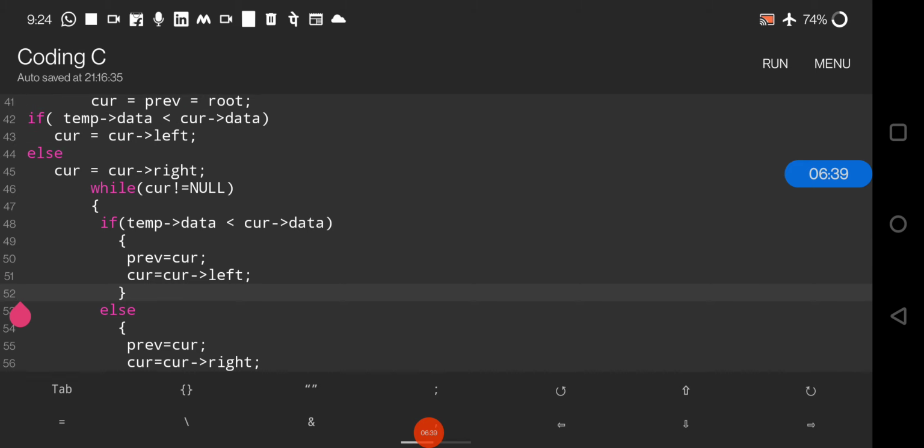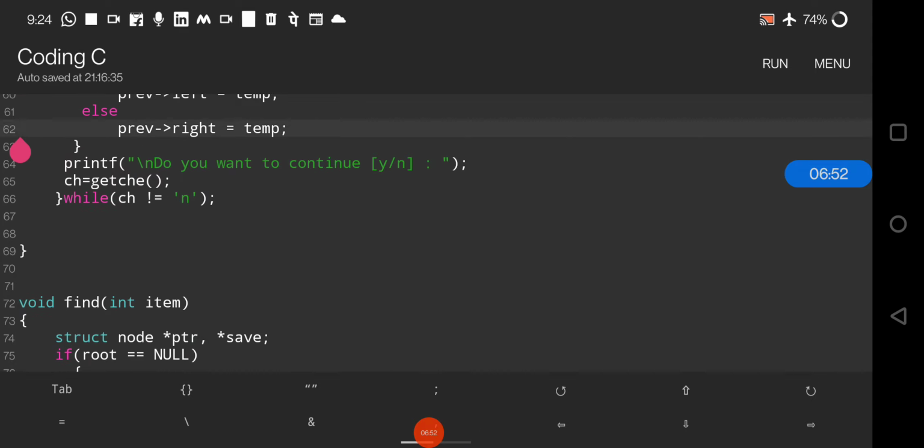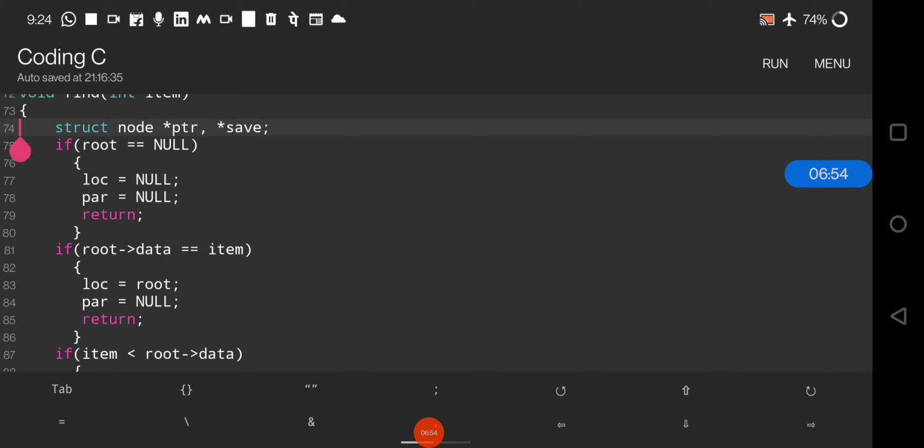There we will be doing the comparison. If the data that is to be entered is greater than the root node, we will be inserting it at the right hand side. If it is less than the root node, we will be inserting it at the left hand side. If we want to search a node, we will first find out whether the tree is empty or not. We will be checking the root node location.